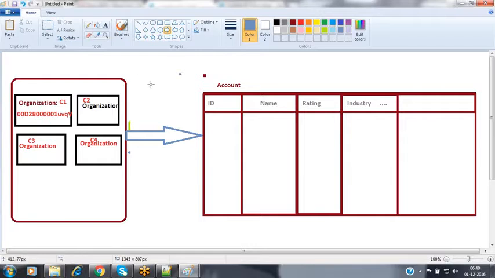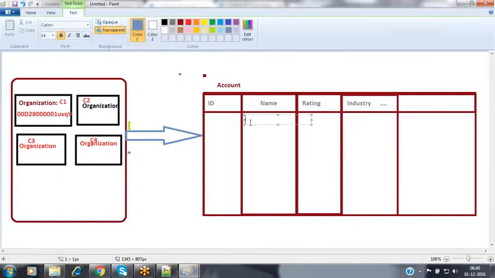Now we'll see practically. For example, customer one has created one account record. For that account record, he has given some details here. The account record name is Ramesh Kumar. He has given the rating as Hot. Industry is Finance. Nothing but this customer is associated with the finance industry here.